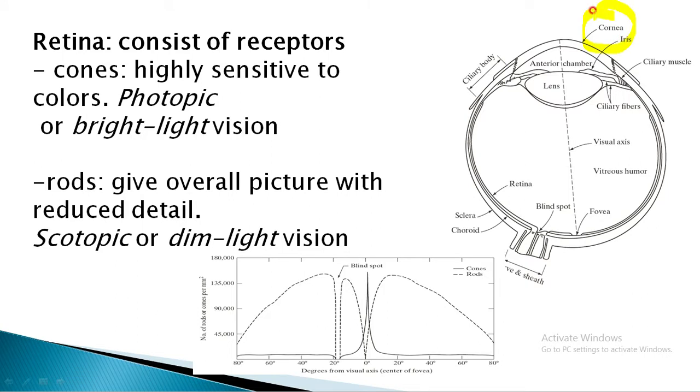Then comes the sclera, which is also an outer surface, and it lies somewhere here. Then you have choroid and the retina. So choroid and retina would be somewhere here. So this is your retina, and this thing which I have already marked during sclera, this is your choroid. So these are nothing but the inner surfaces. So remember friends, there are two outer surfaces: the cornea is an outer surface, sclera is also an outer surface, and choroid and retina are the inner surfaces.